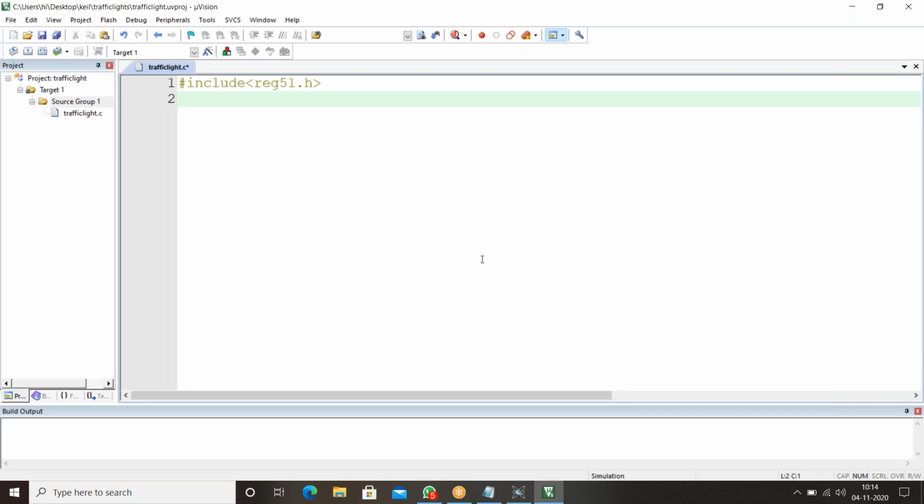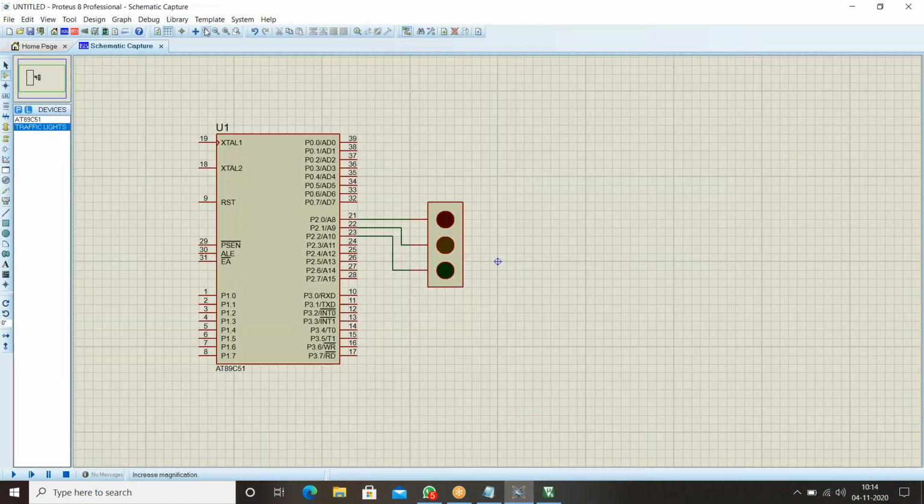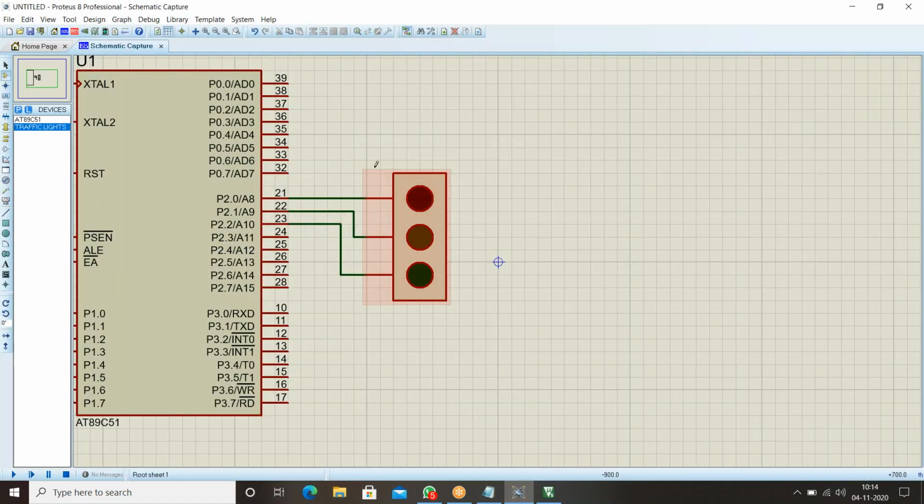Next step is what? Hardware declaration, or port declaration. If you come back to this Proteus hardware part, red is connected to port 2 pin number 0, yellow is connected to port 2 pin number 1, and green is connected to port 2 pin number 2. This is the hardware part which we have to declare in Keil.